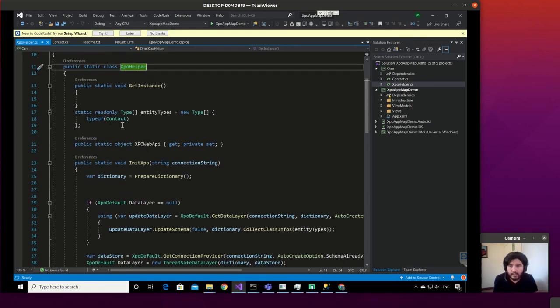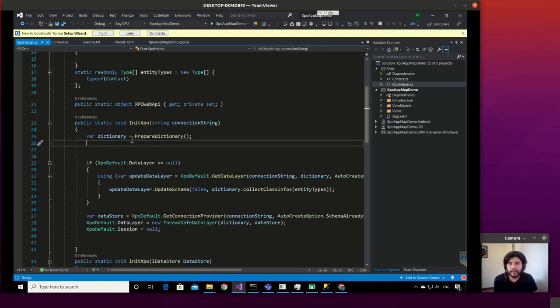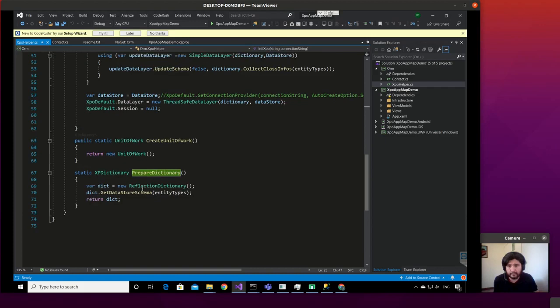At the moment, it only contains one array of entity types. We will use this to create a dictionary to update the schema, so it will create the tables for us. Here we have the init method, which asks for the dictionary. Preparing the dictionary is really easy. You create a new reflection dictionary, then you get the schema from that dictionary, from the entity types. Basically, it's asking what are the persistent types that you want to put in the dictionary. Then you read them and you generate the metadata,